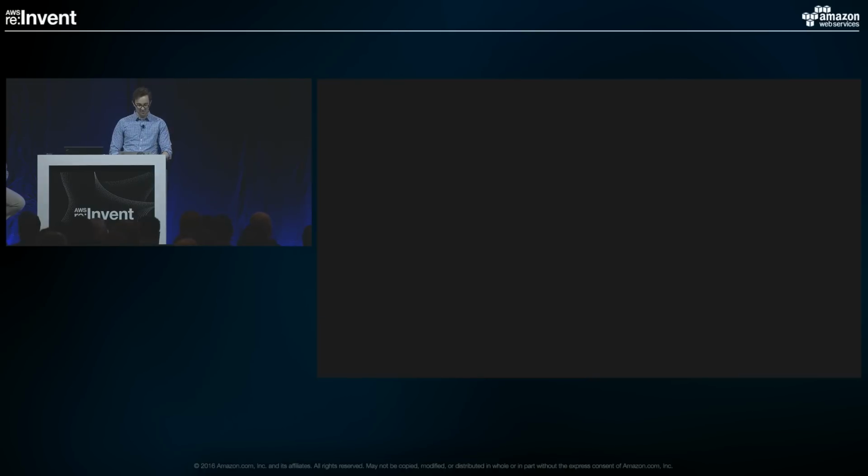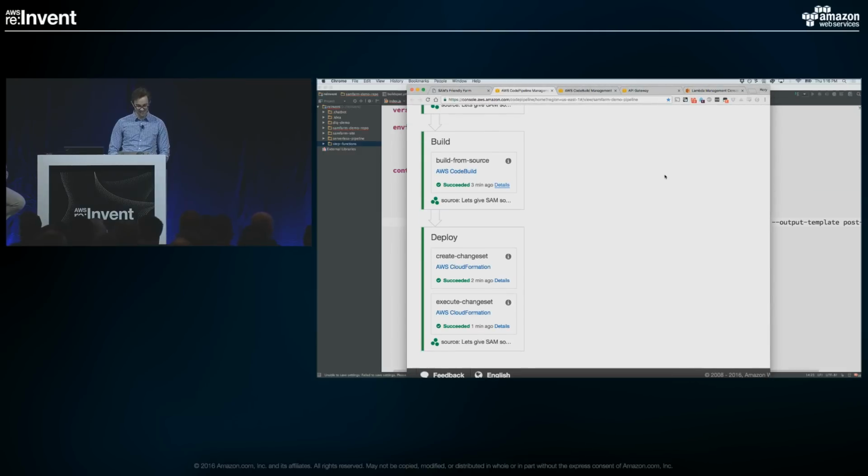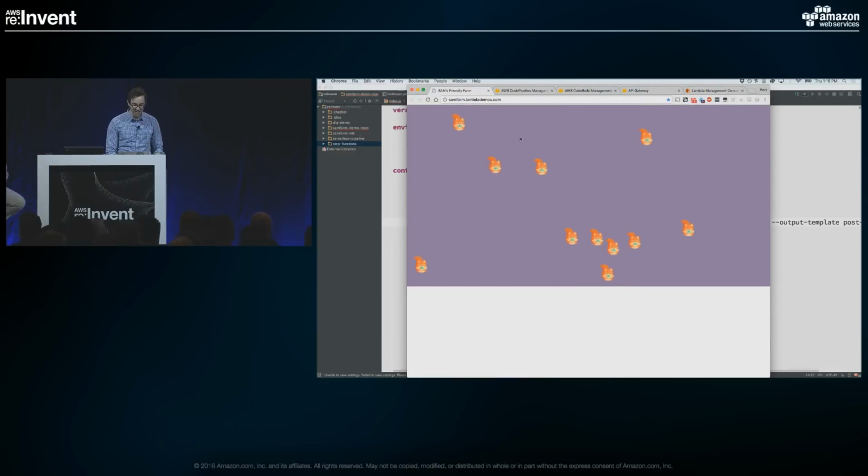And now if we go back to the pipeline, zoom out here. Yeah, 1 second. If we go back to here, I can see that SAM has some friends to play with. So essentially what we've just done is we've made the code change, we've built it, we've deployed it, and it's done all that for me inside the whole CD pipeline.